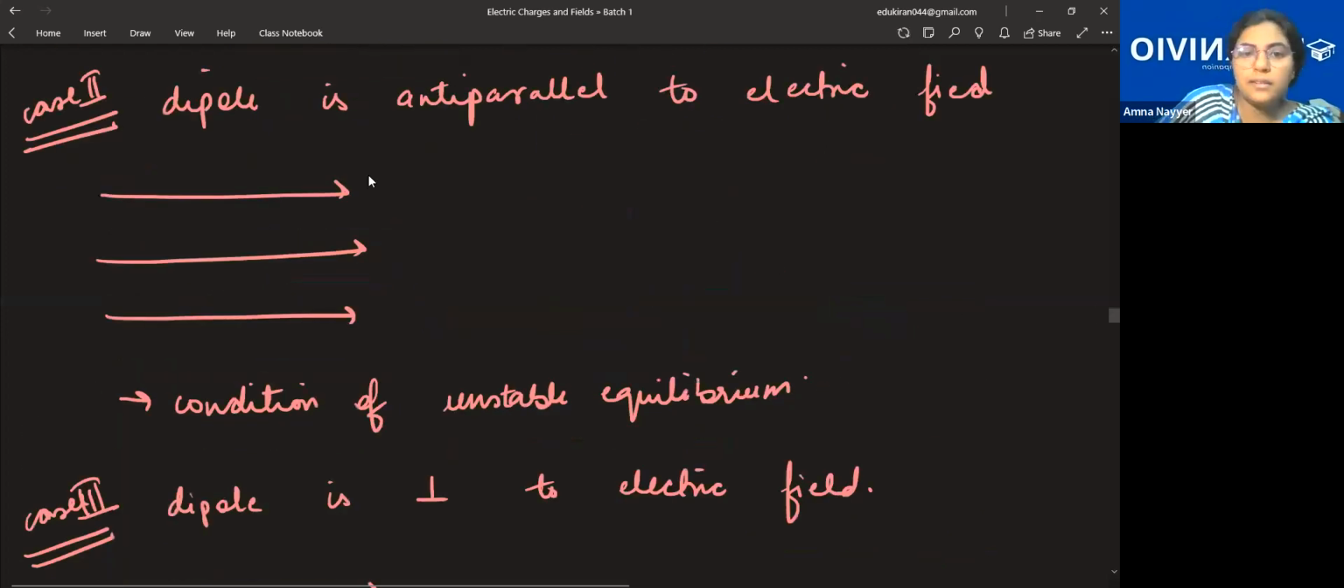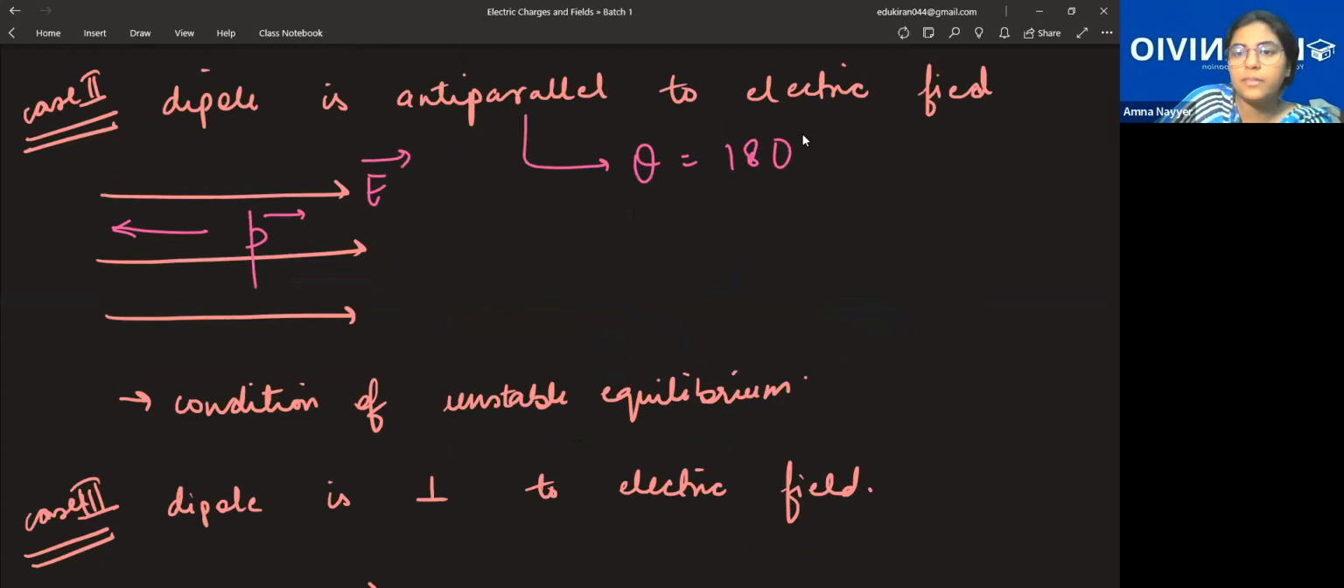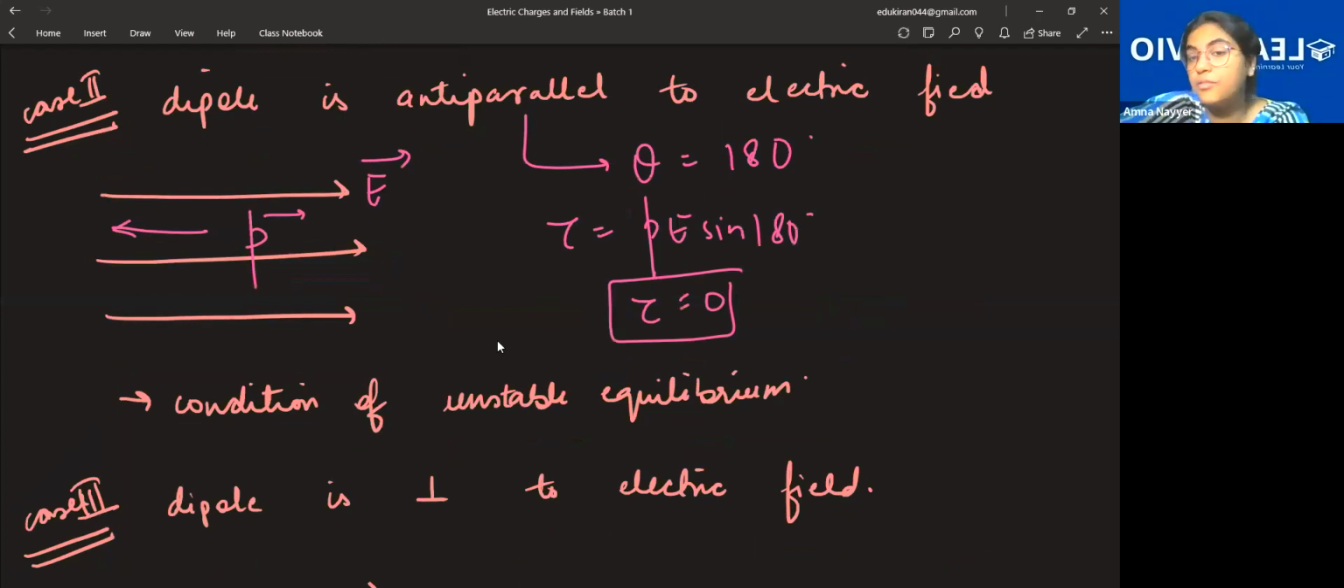If it is anti-parallel, this is electric field, this is the dipole moment. Now, Mariam, the angle would be 180 degrees because they are anti-parallel. Remember like this. So torque here is also P E sine 180 degree. Torque here is also 0. But we are saying this is a condition of unstable equilibrium. So what's the difference? In both the cases, we are getting net force and net torque as 0. Then why are we writing one as stable, one as unstable? Remember, if you think that the original configuration can never be achieved on disturbance,